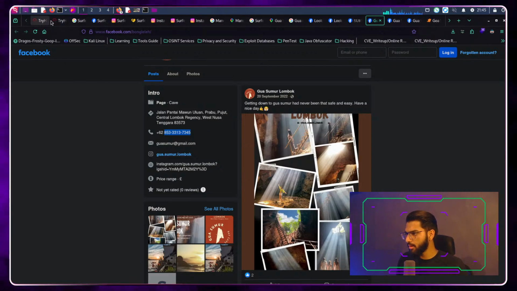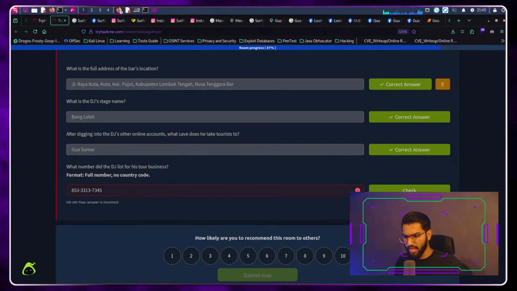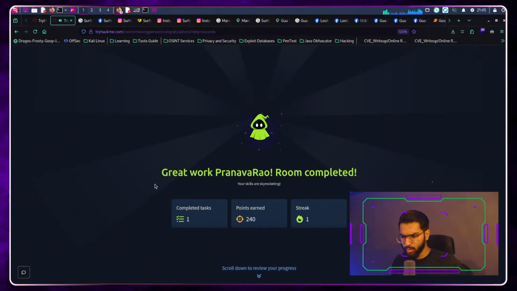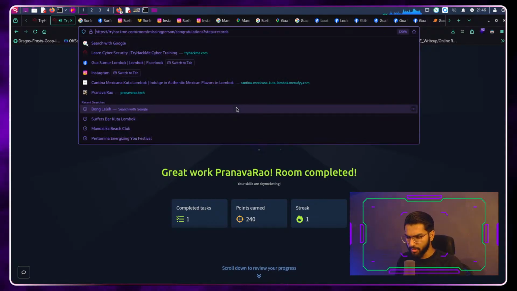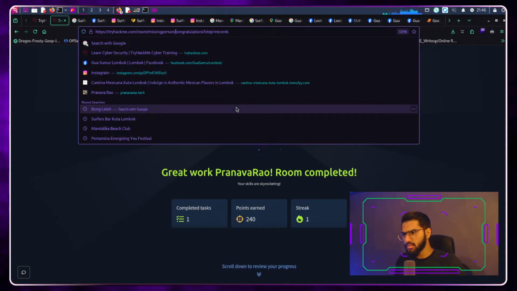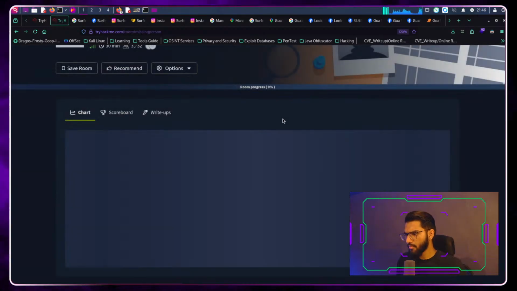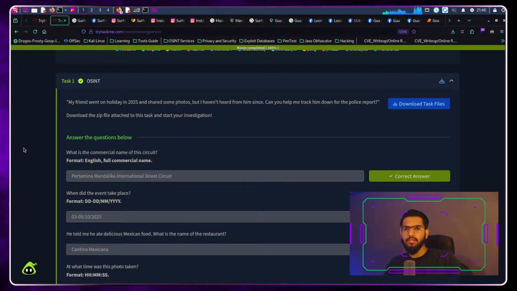Let's copy this phone number and try submitting it here and check if that's the right answer. No. Let's remove all these hyphens and then try submitting it. Pressing enter. Yep, there we did it. So with this, we have solved this room by identifying and gathering information using search engines like Google. Now let me remove all these parameters and get into the room specifically here. Okay, so what did we learn from this?